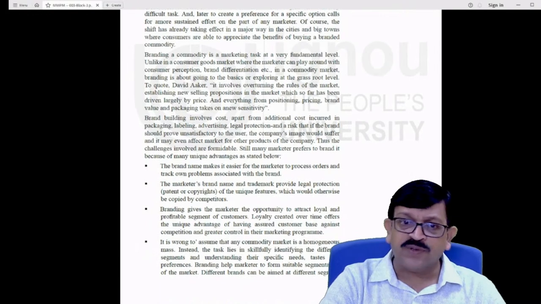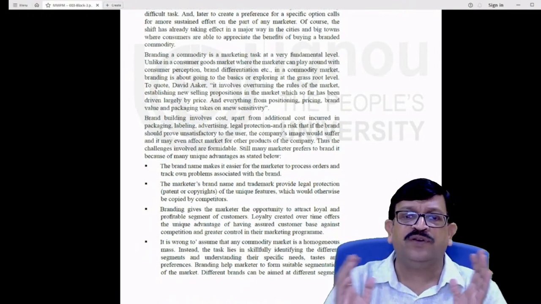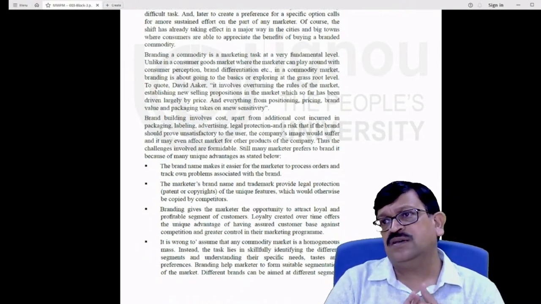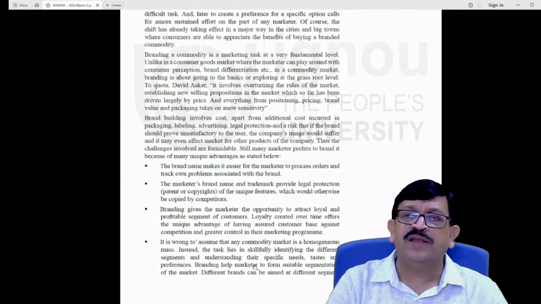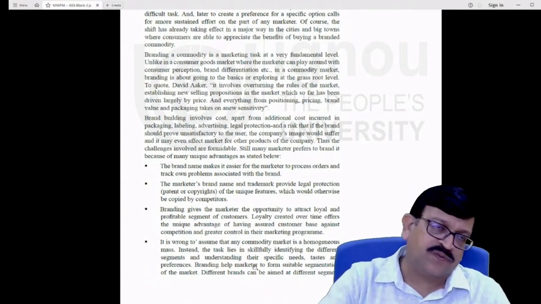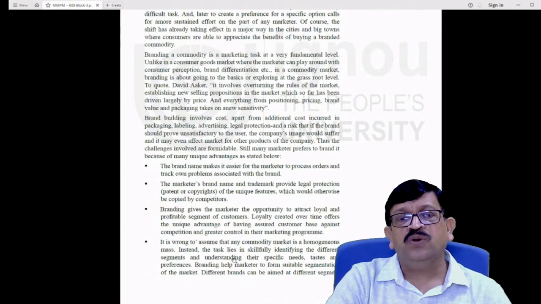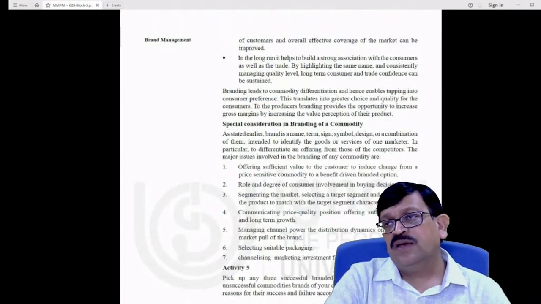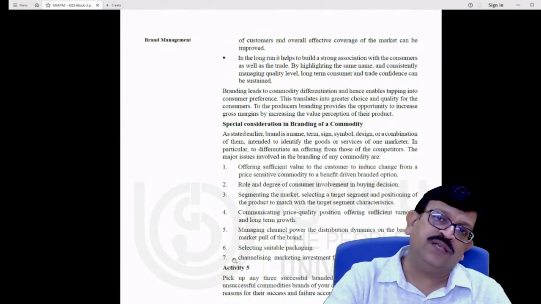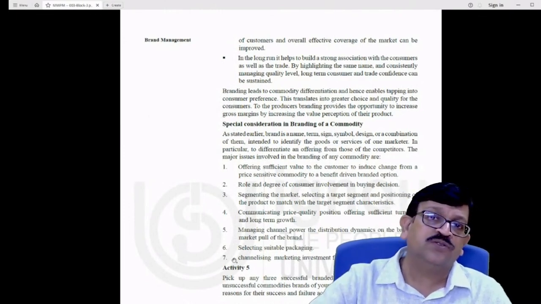One should not think that just because commodities have a kind of homogeneous mass, only one particular kind of branding would talk about only one particular aspect of it. It can be multi. As I told you, you need to understand your customers well in terms of how it is being consumed, what kind of ways it can be consumed, and how it can be packaged